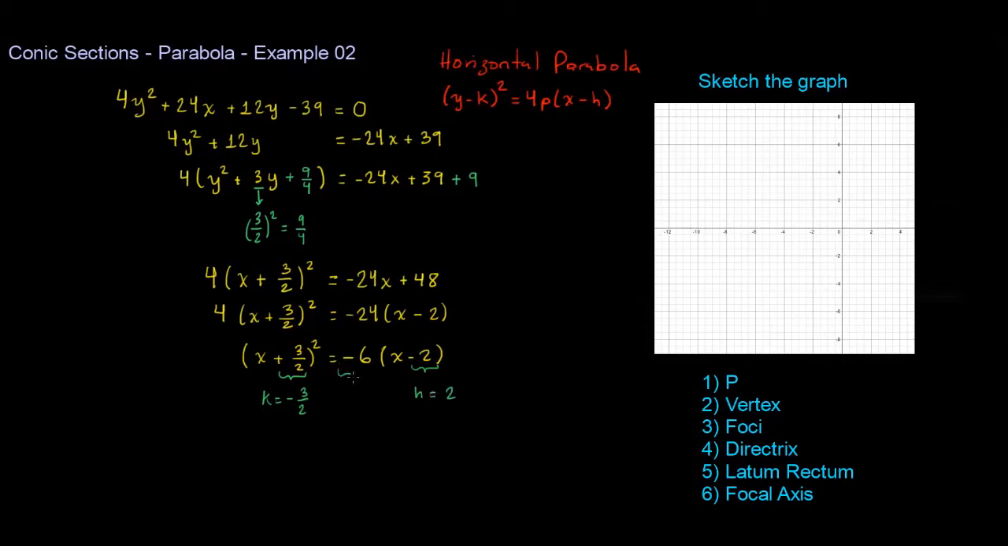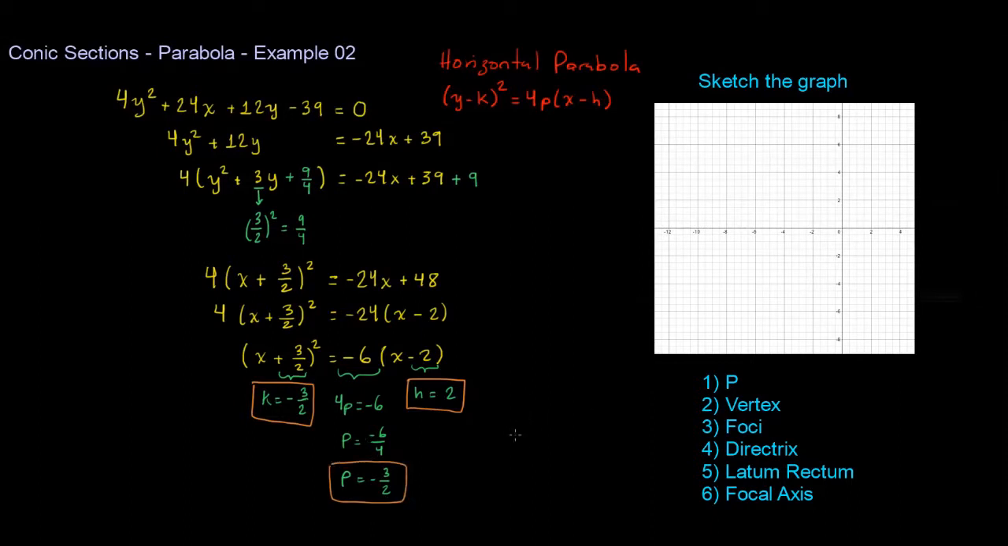And from the one in the middle we can get the value of 4 times p. Now 4 times p has to be equal to negative 6. So p will be equal to negative 6 over 4. In other words, p is equal to negative 3 over 2. Now here we have all the elements we require to sketch our graph. So we have the value of k, we have the value of h, we have here the value of p,